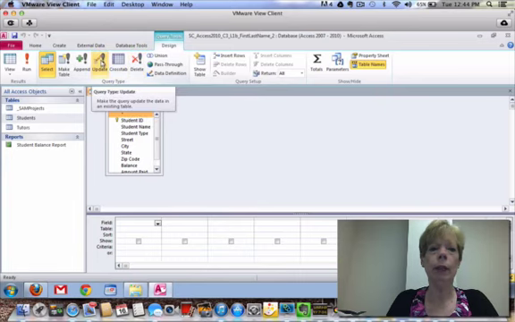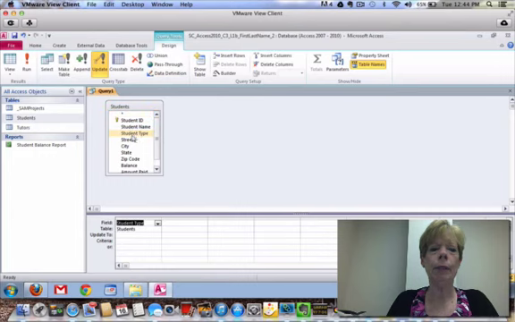Here it is. We're going to click on the update query, and this is going to be on student type. So I double click. Here's my field, student type. Here's the update query that I'm going to run, and then my